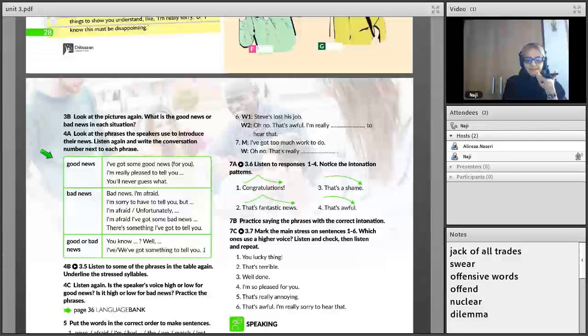I've got some good news for you. What is it? You know I was waiting to hear from the university? Yes? Well, I'm really pleased to tell you they've offered me a place. That's wonderful news. Well done. I'm so pleased for you. There's only one problem. And what's that? It means I'm leaving home.